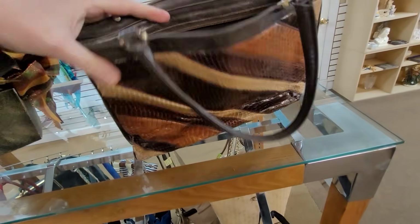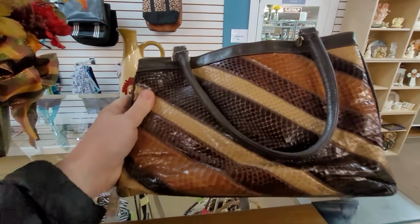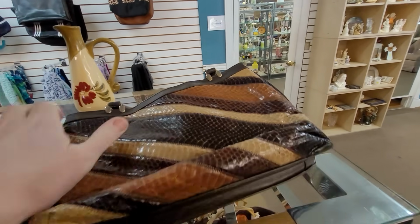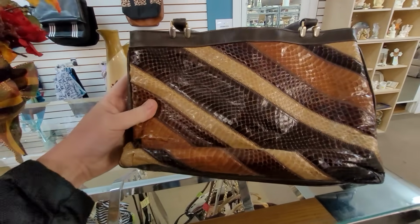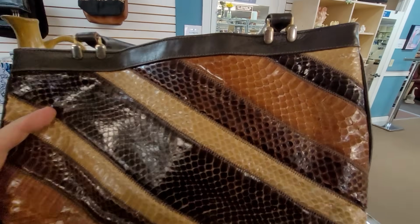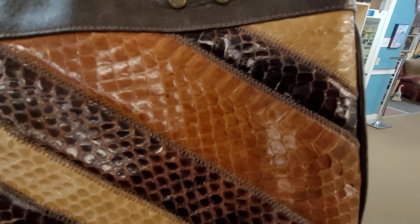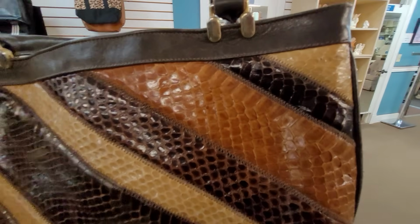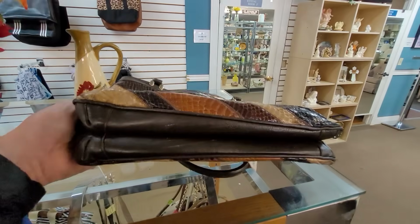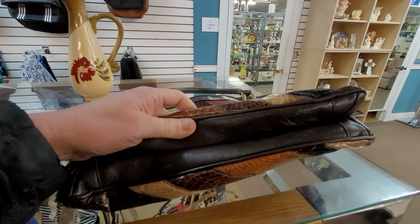Let me see if there's a mark. There's not a mark in it. It does look like it's actual leather. Feels like snakeskin. So this is a vintage snakeskin purse. I wish it had a brand on it. I just don't know if this would resell